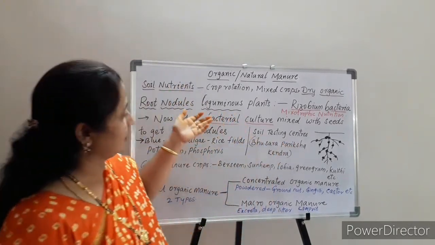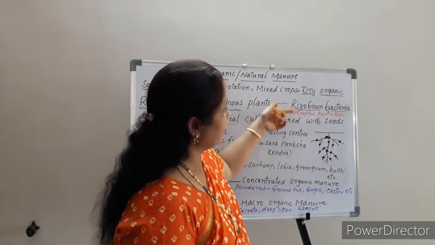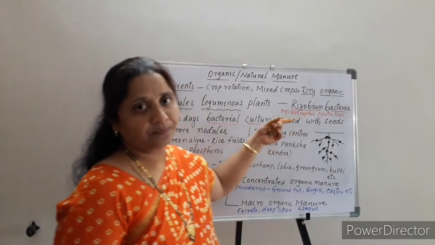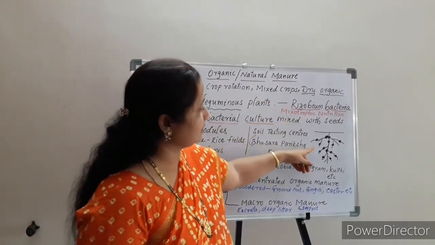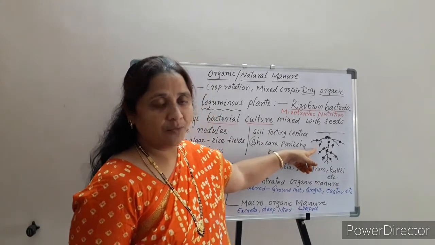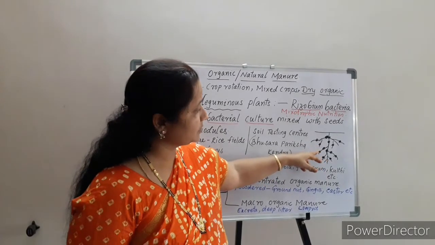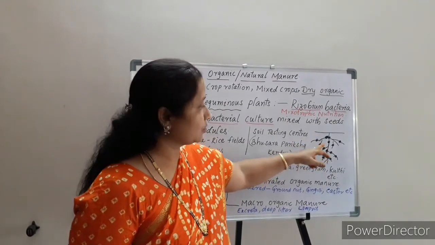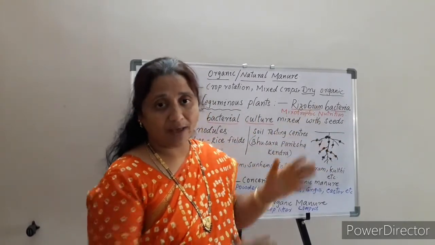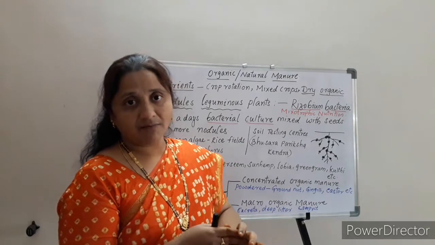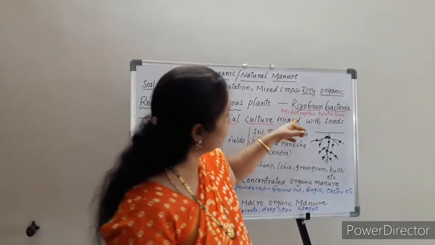And this nitrogen fixing bacteria, which is also called rhizobium bacteria, undergoes mixotrophic nutrition. This bacteria is a type of useful bacteria which remains in the roots of the leguminous plants and doesn't cause any harm to the plant. It absorbs nutrients and supplies nutrients to the crop, and the leguminous plant gives shelter to the bacteria, so both organisms survive by benefiting each other. Such type of nutrition is called mixotrophic nutrition.